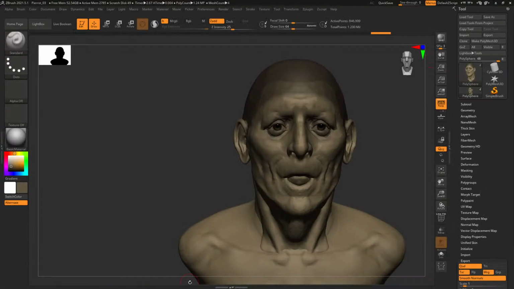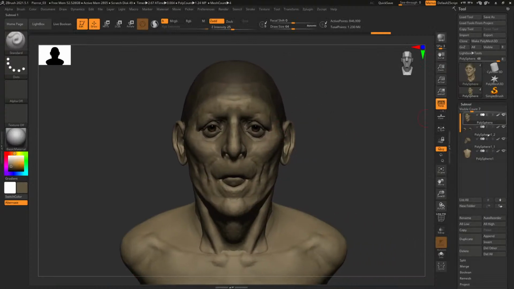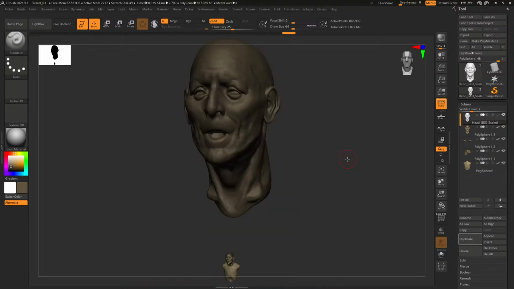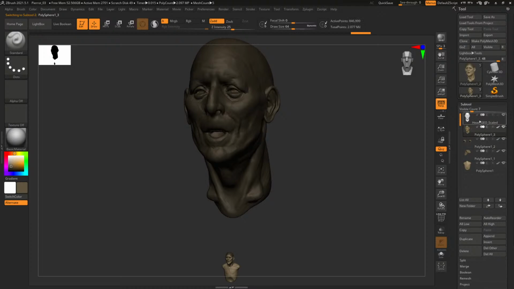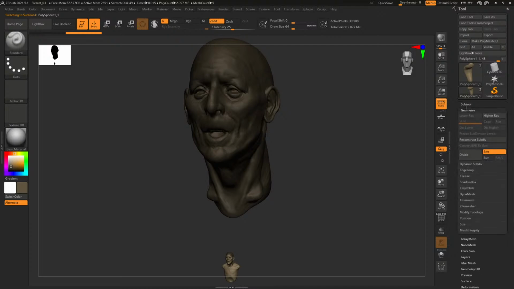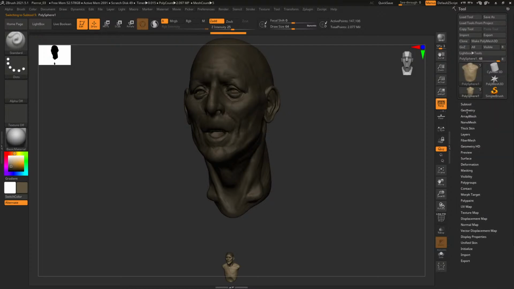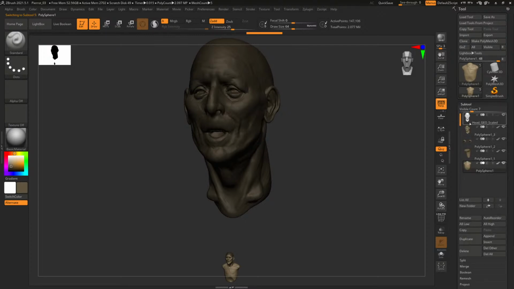Cool. So let's import that subtool. Let's just duplicate it for now. Import. Go. So what I like to do for this sort of stuff is let's just go geometry, delete lower. Geometry, you don't have any subdivision levels, good. Same with you, and you probably have a few, right? Yes, delete lower. So what I like to do is just merge them down and then manually match them, rather